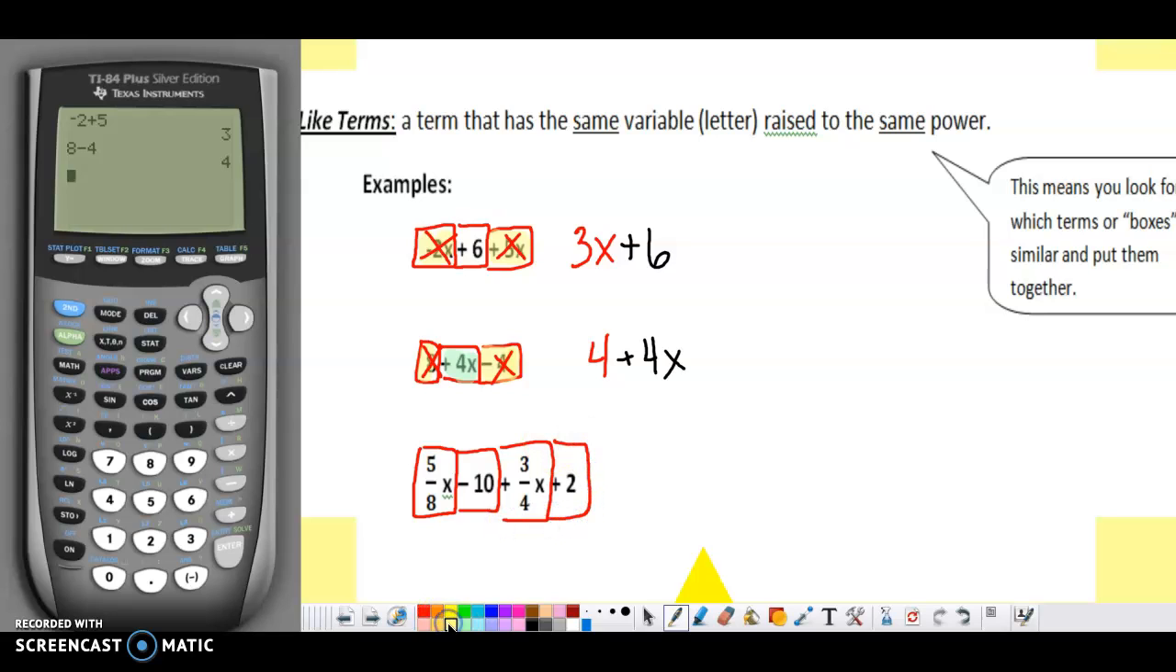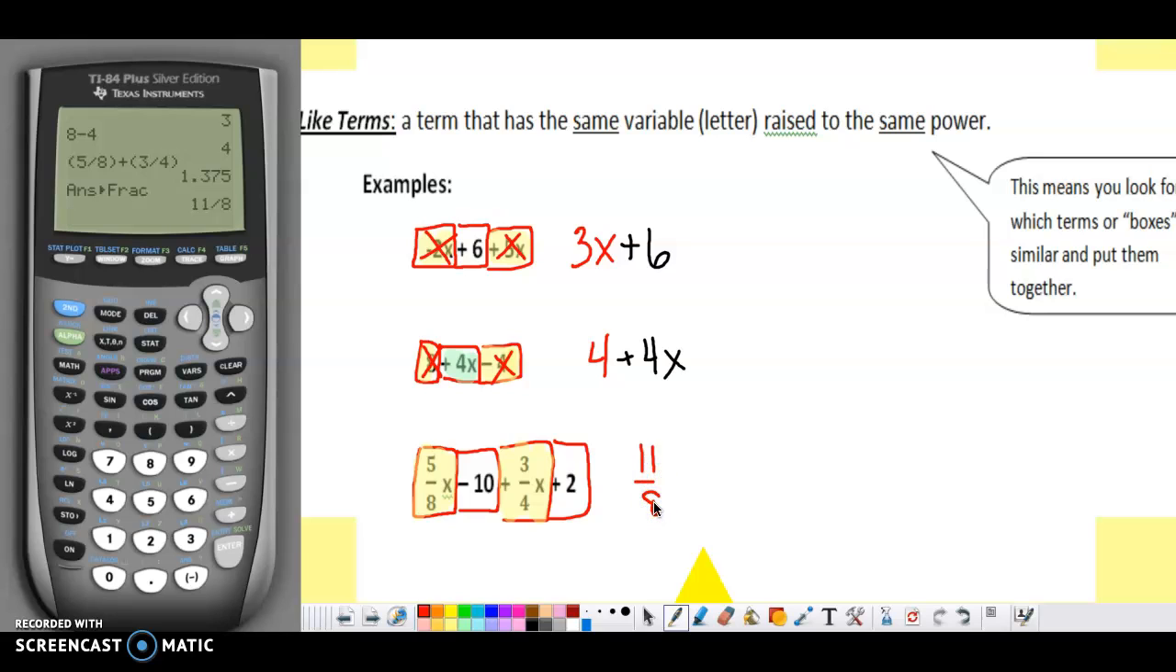So if I look at my boxes here, which can I combine? Hopefully you see you've got 2 x terms that I can combine. Both are positive, so we would again use our calculator. 5/8, again putting those parentheses around your fractions. I'm going to add 3/4. I get a decimal. Same as before, if we're adding fractions, I want a fraction answer, so hit that math button. And we get a combined answer of